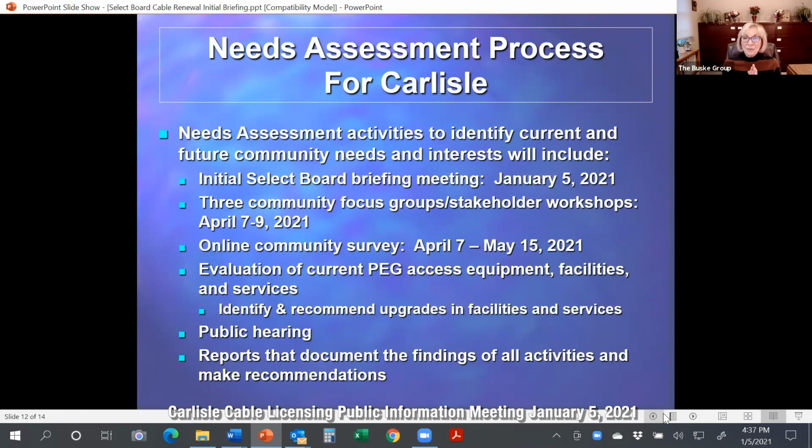But the needs assessment process that we'll be conducting for the town of Carlisle is going to include a number of things. First of all, this briefing, okay? Secondly, we'll be doing a group of 3 community focus group stakeholder workshops. Now we have to do them because of COVID using Zoom. And I put together a 2-page detailed work plan, and I'll be working with your town, with Tim, and to help implement that. We'll be needing to identify people who